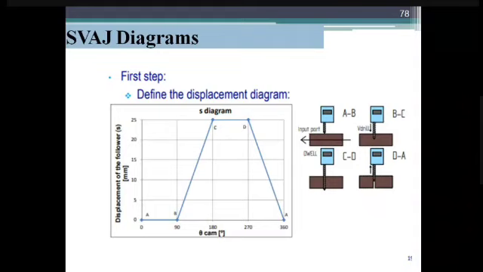Okay, so first, what will the displacement be? The first step is to define the displacement diagram. AB is the input part, the second is the drill, the third is the dwell, and the fourth is the completion. So define the displacement diagram: cam angle 0 to 90, 90 to 180, 180 to 270, 270 to 360, and the displacement of the follower in mm. It is a 25 mm drill, isn't it? So the maximum value is 25.